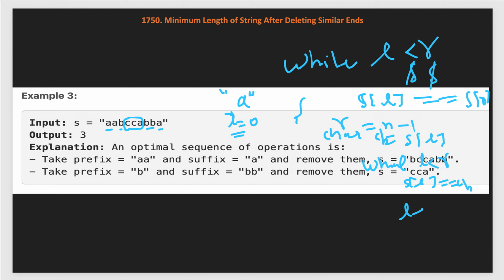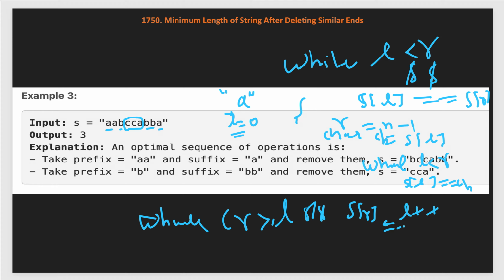If this, then in that case we will increment our L pointer toward the right side. Similarly, we will do the same for another while loop. Here itself, another while loop that we will run: R greater than or equal to L, you can use either, and the character at S of R is also equal to the CH that we noted. If this, then we will decrease the right pointer from right to left, R minus minus. So we will keep doing it, and once this main while loop breaks, then we will know the leftover